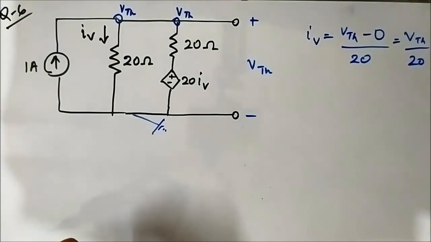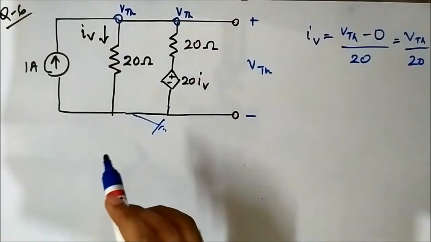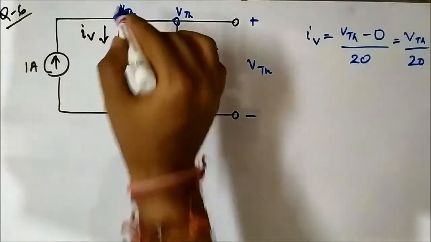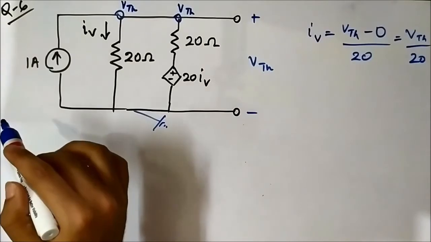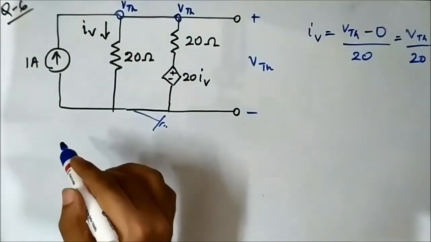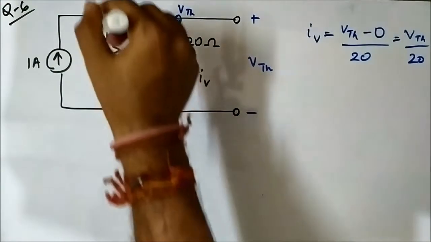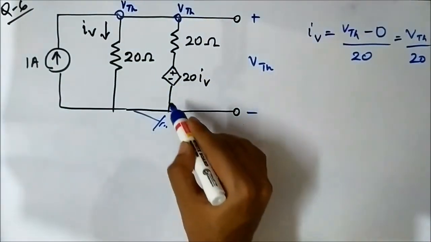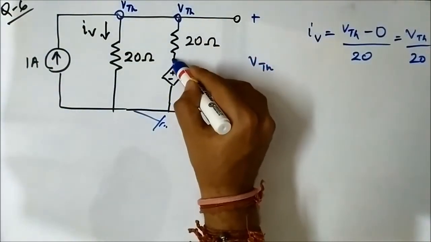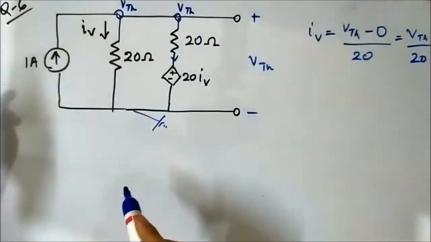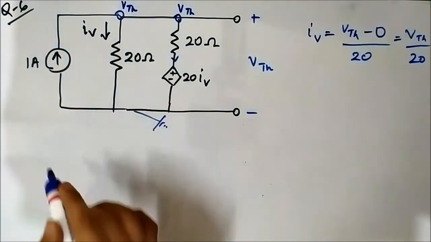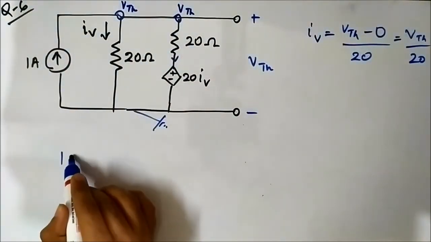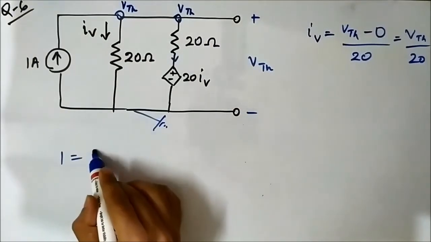Most important thing. Now let us apply nodal analysis here at this node VTH. So the nodal equation will be: this 1 ampere current is going towards the node, IV is going away from the node, and let us assume this current is flowing downwards, whatever value it is. So 1 incoming current, 2 outgoing currents. So here the nodal equation will be 1 ampere is equal to IV